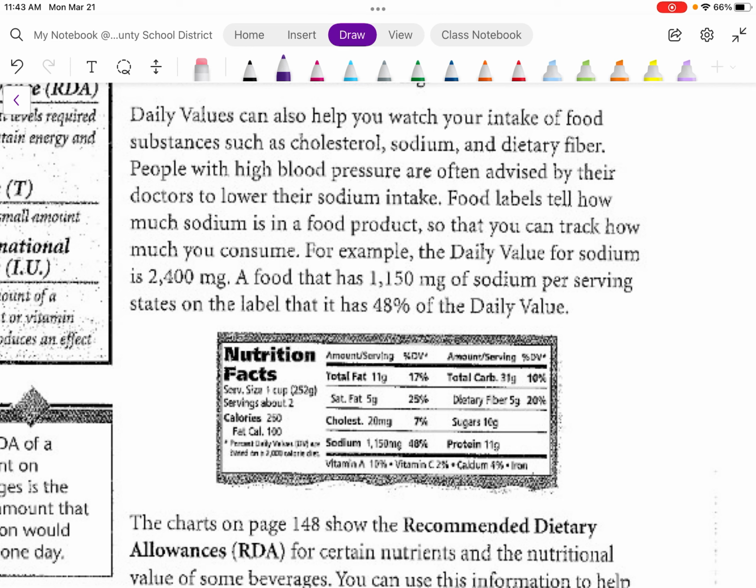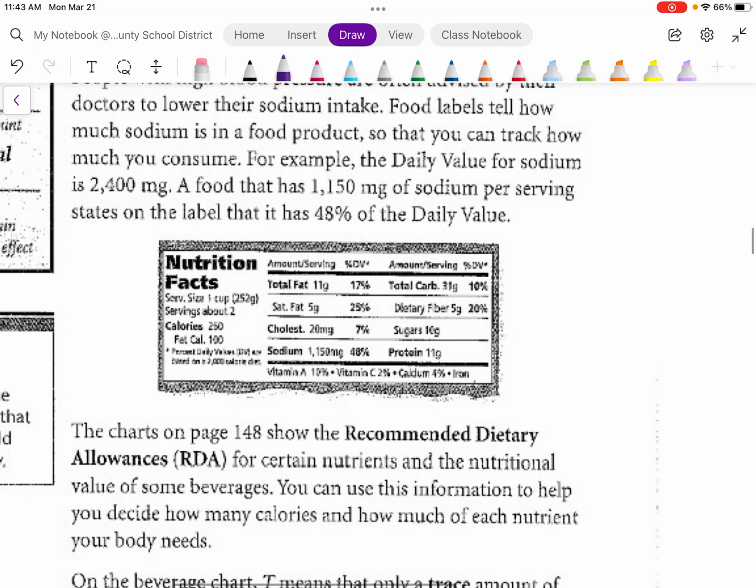A food that has 1,150 milligrams of sodium per serving states on the label that it has 48% of the daily value. The way that they're getting this is by taking the 1,150 and dividing by 2,400, and we get